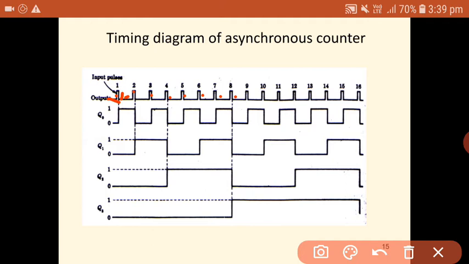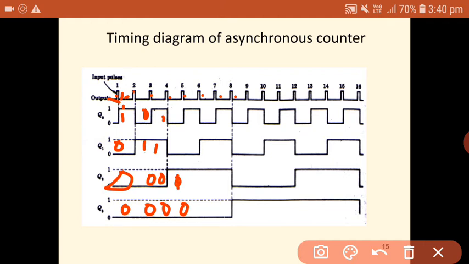Initially Q0 is 0, now it is made 1 after the first clock pulse. So after the first clock pulse the contents will be 0 0 0 1. After the second clock pulse the contents will be 0 0 1 0. Similarly after the third clock pulse the contents will be 0 0 1 1. Similarly after the fourth clock pulse 0 0